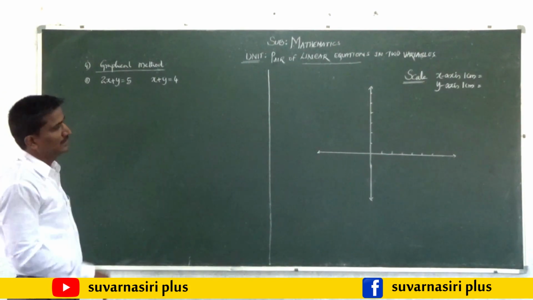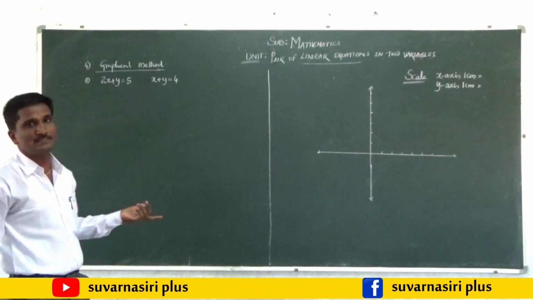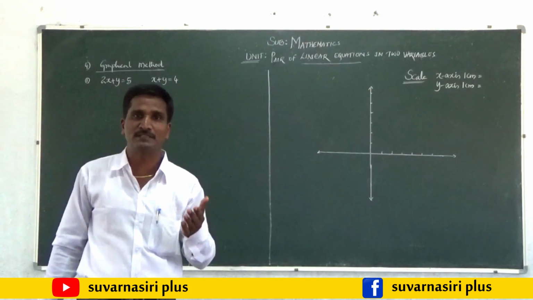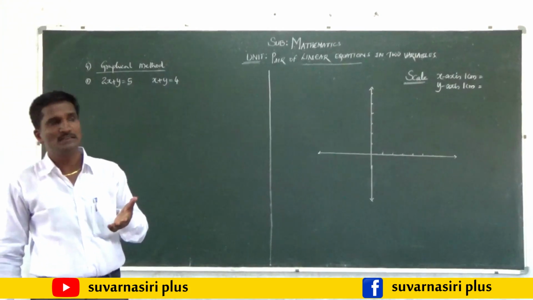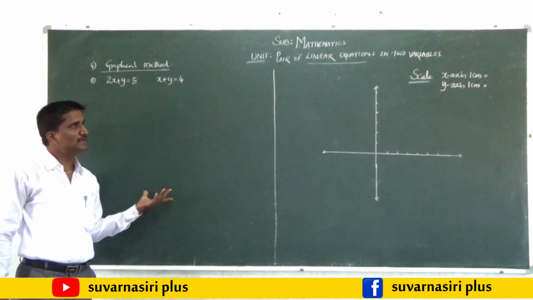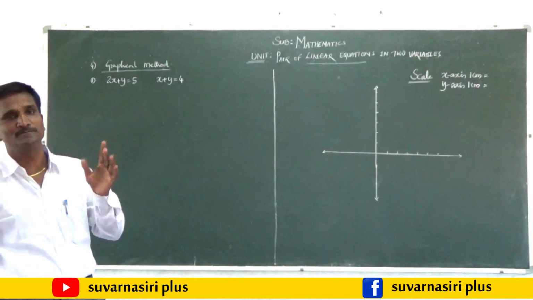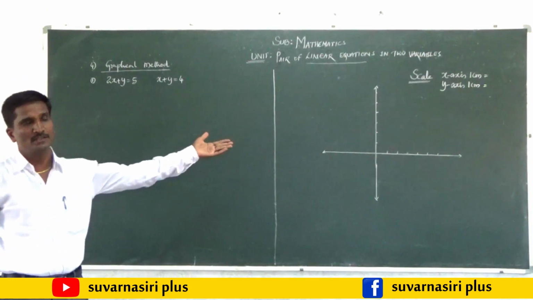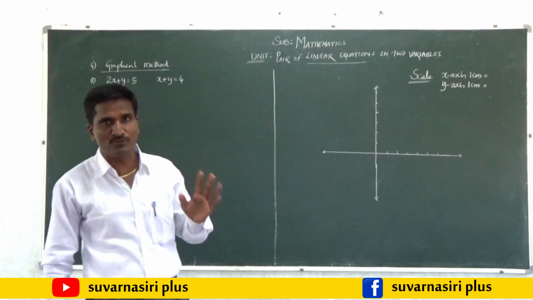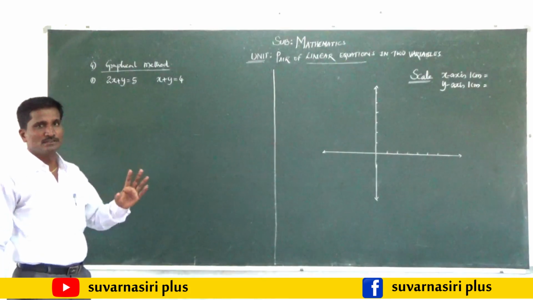Before going to draw the graph, first you have to find the coordinate points. While finding the coordinate points, in earlier classes, we took 0, plus 1, minus 1, plus 2, minus 2. Even you can take like that to get the coordinate points. But the easy method is that you can take only 0 for x and y values to get the graph. While drawing the graph, only 2 points are enough. So for that, you can take x as 0 and y as 0.